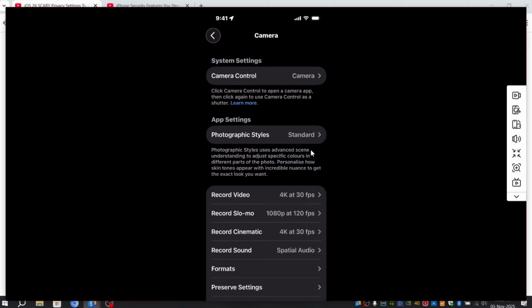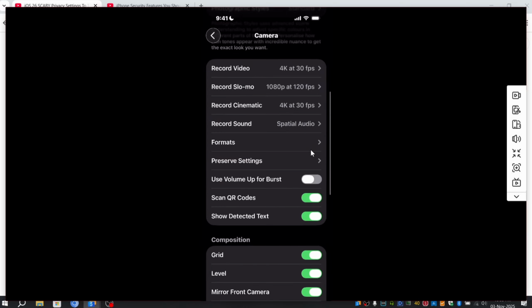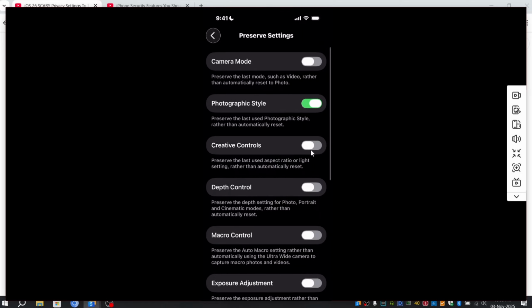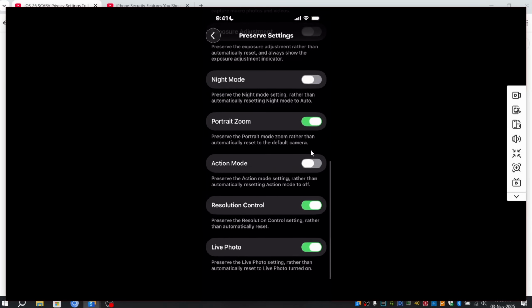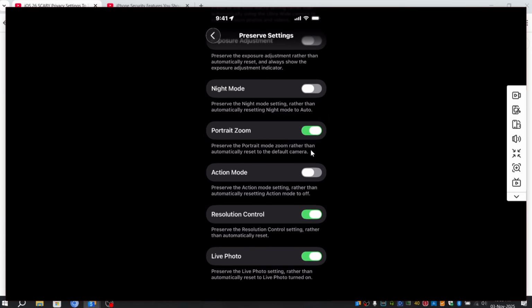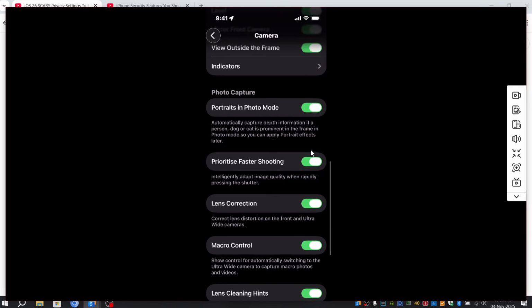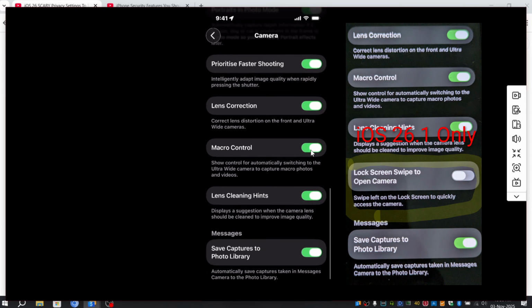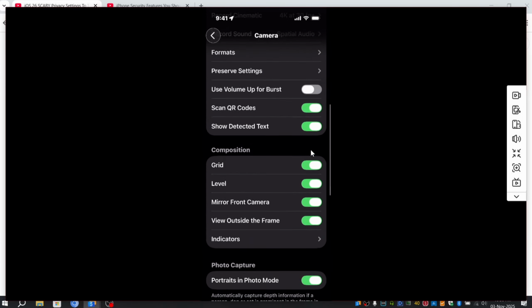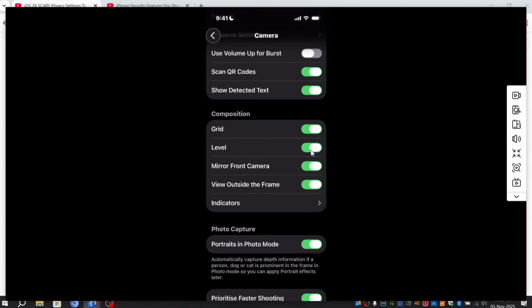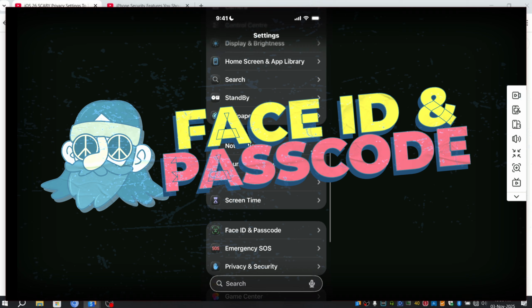So you have to go into the camera app. Some of the preserved settings that I keep enabled are photographic styles, portrait zoom, resolution control, and live photo. I think the rest of the things are at the default. Mirror the front camera. Let's go to